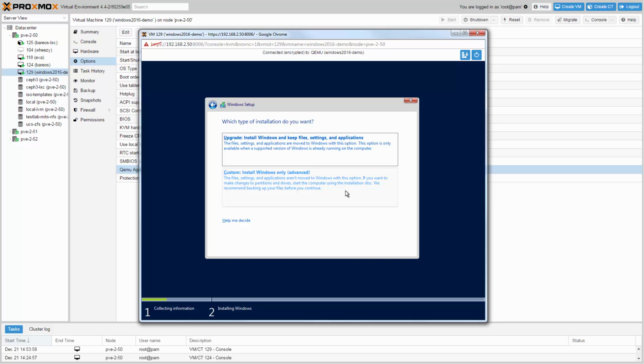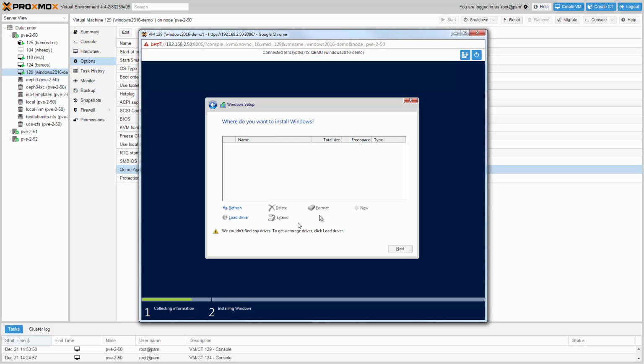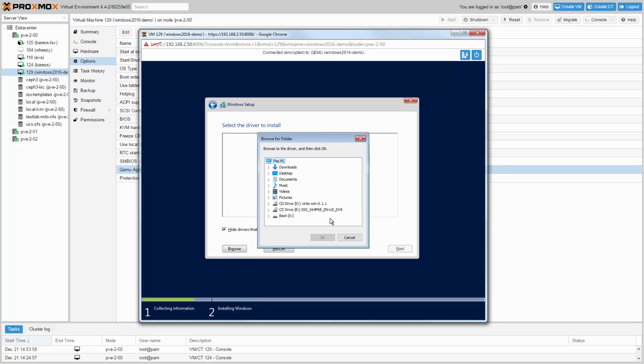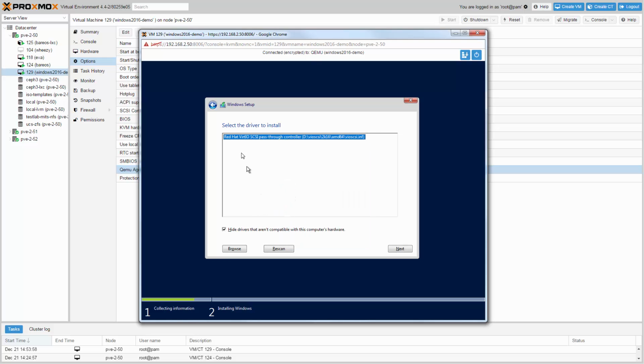Choose Custom Install and load the right VirtIO SCSI driver from the ISO. Click Next.